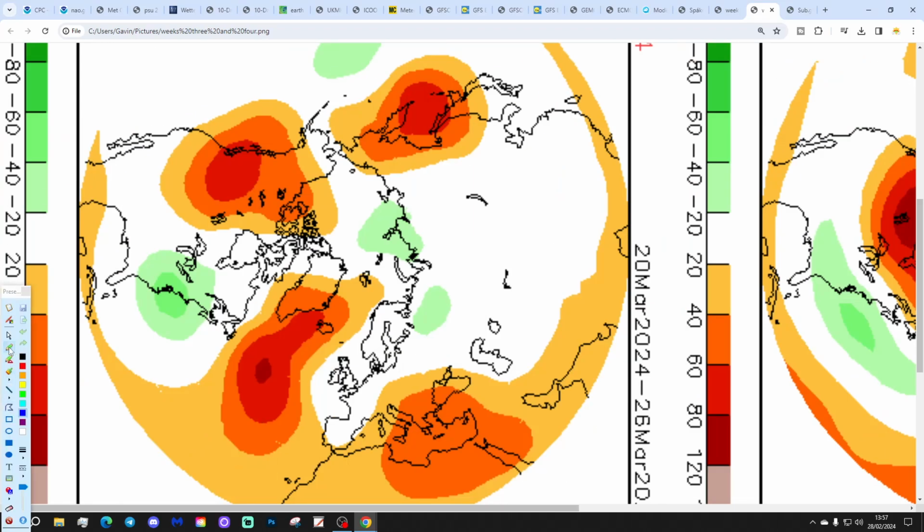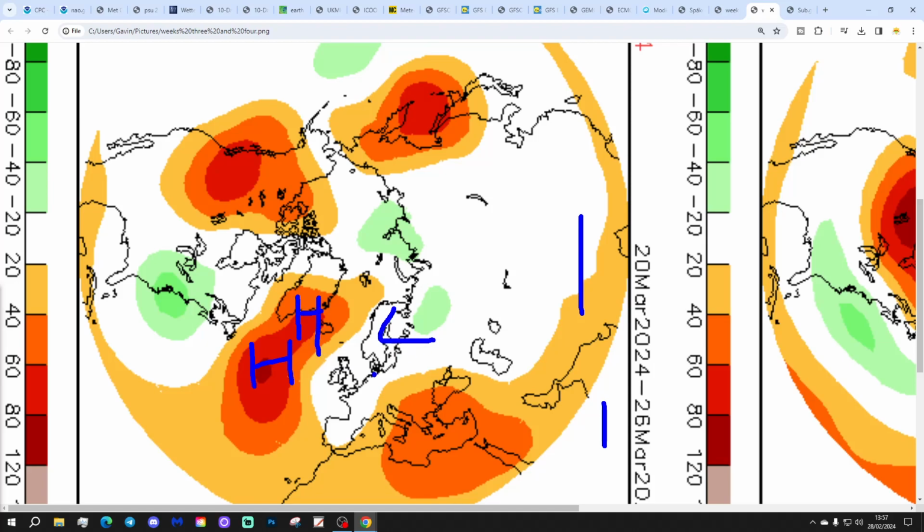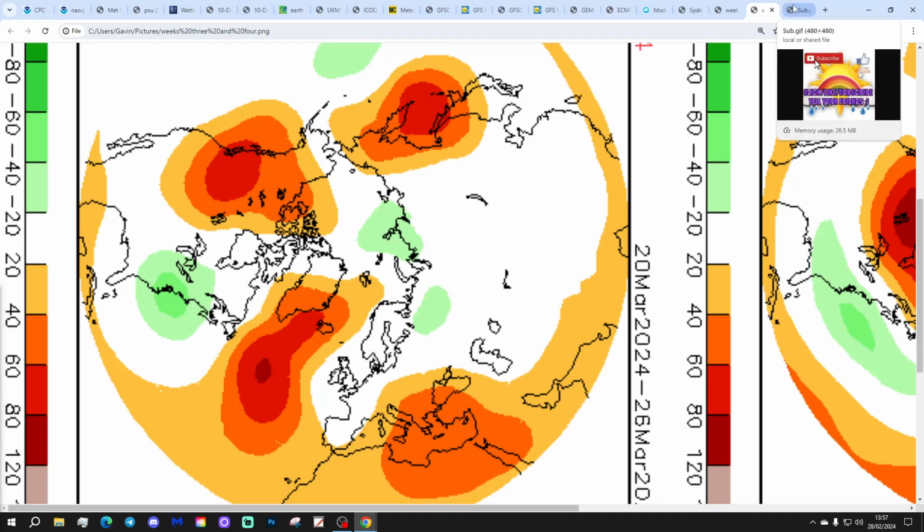And week 4 is the 20th to the 26th of March. High pressure may be hinting at going into retrograde, putting out into the Atlantic, and could this white area be filling up with a trough? In reality, if it did, then it would turn both more unsettled and cooler under that trough of low pressure. But we'll have to wait and see. It's four weeks away, so it's a long way out, not really worth worrying about.